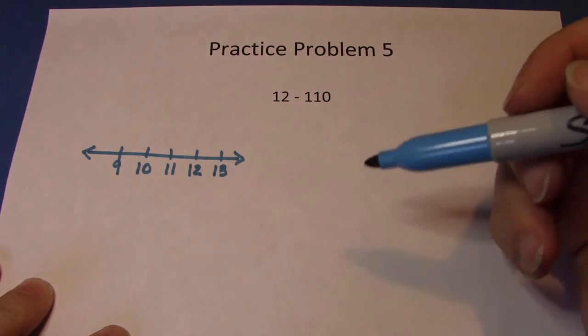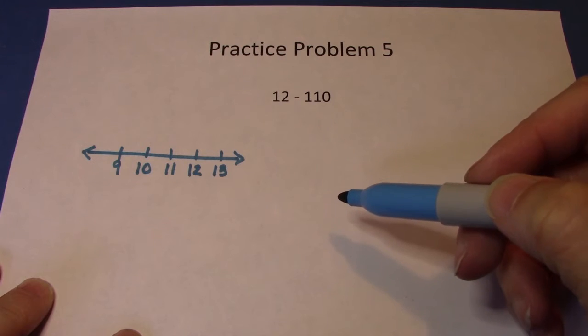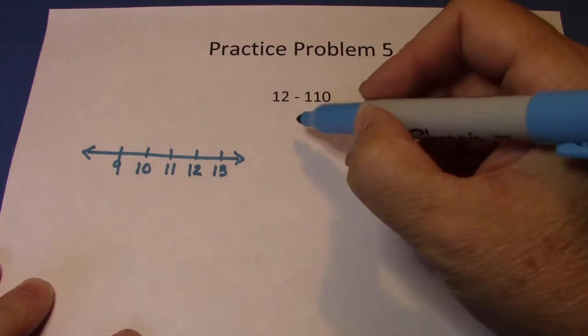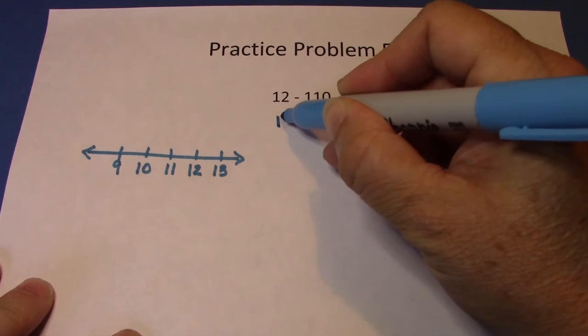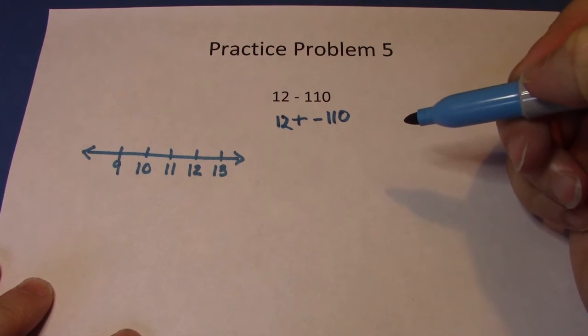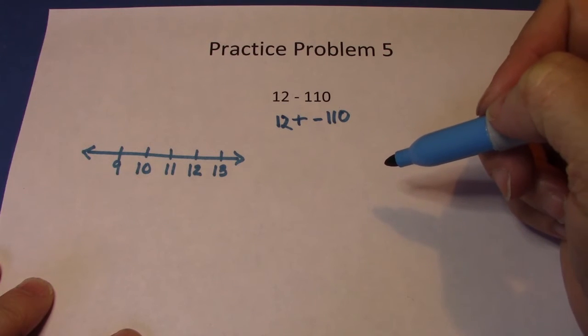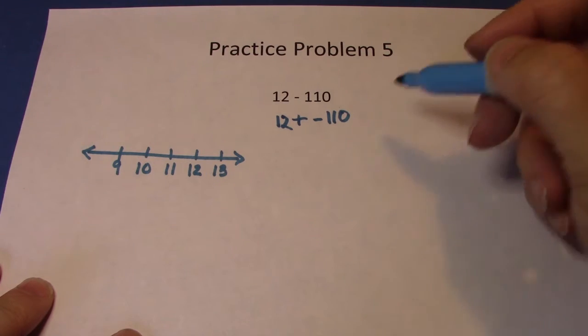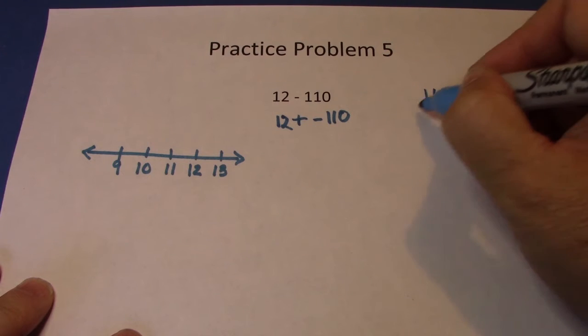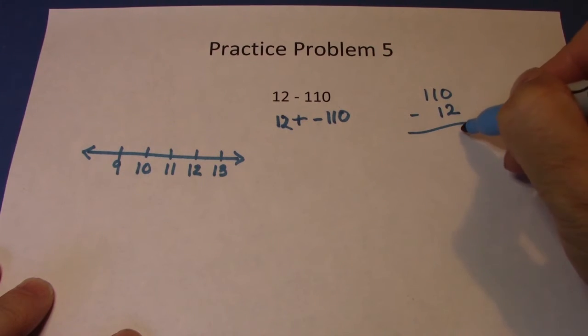Alright, so let's turn to the rules. The rules say that we are subtracting signs that are different. We're still going to change this to an addition, 12 plus, and change the sign of the second number. That's 110. Now we're adding with the signs that are different, which means we're going to subtract the large one minus the smaller one. So we get